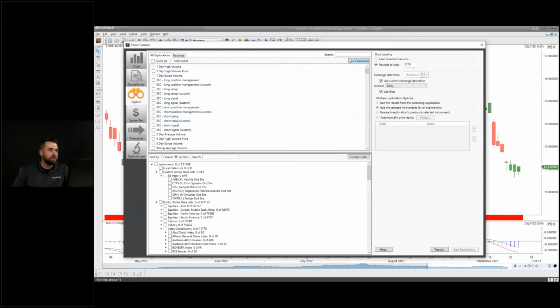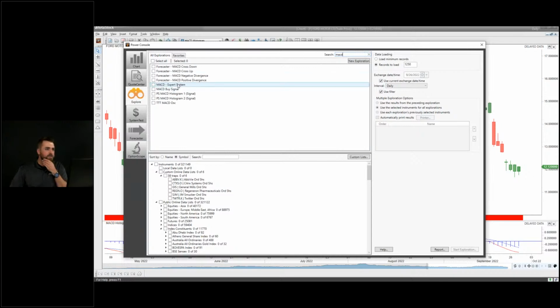So what I'm going to do is come into here and I want to use the MACD. So I'm going to type that into our search feature. These new search abilities have been updated in version 18, as some of you might be noticing, that makes them a little bit easier. There's actually a couple of things I have here. If I scroll over these, they tell me what they do. So this one right here displays securities that just generated an MACD buy signal. So if that's all I care about, I could just click on this,